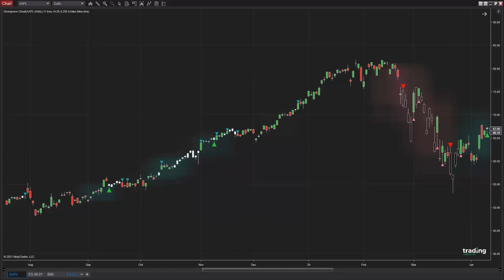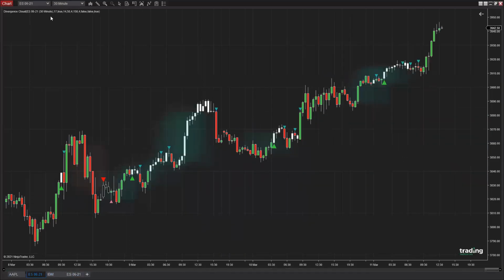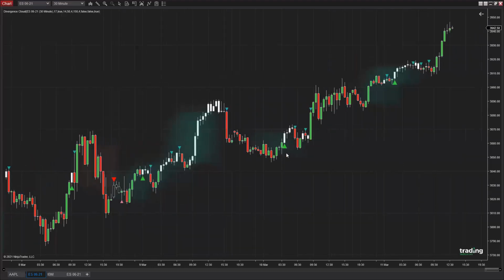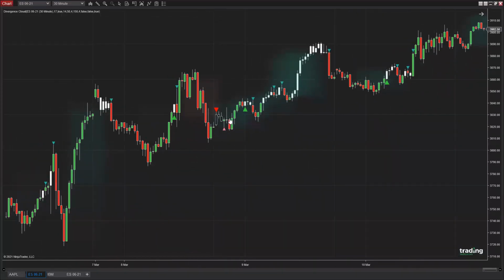I'm using, again, the S&P 500 index futures, this time a 30-minute time frame. And again, the divergence cloud indicator is applied to the chart. As you can see here, it issues signals when a bullish divergence occurs multiple times, but in the same way also when bearish divergences occur.